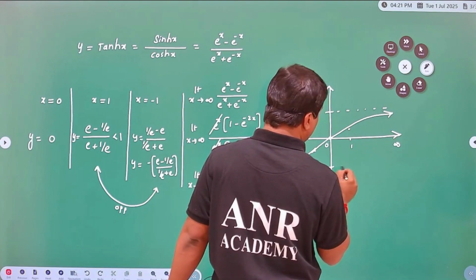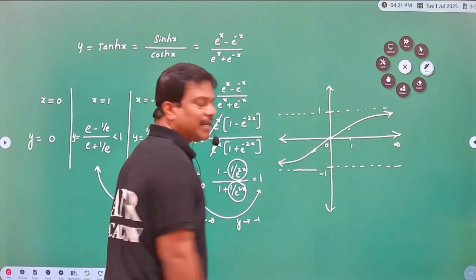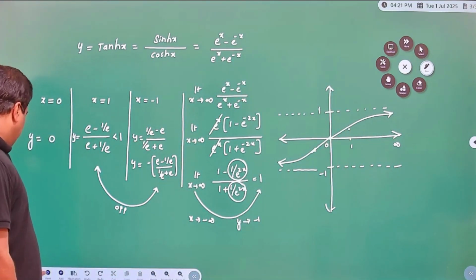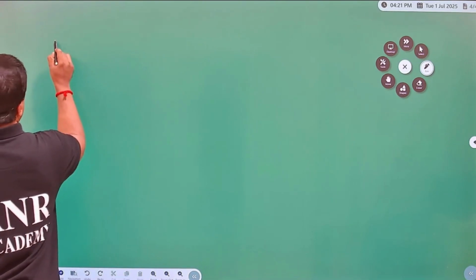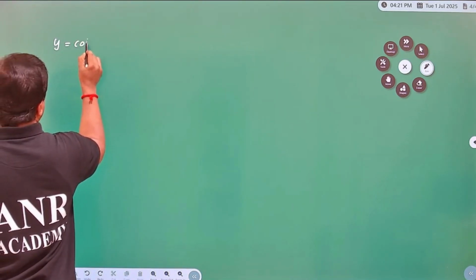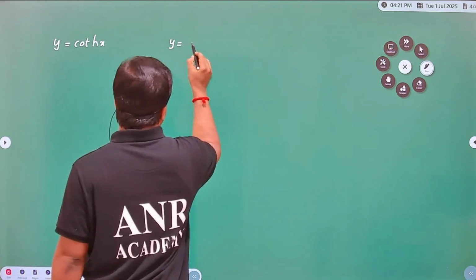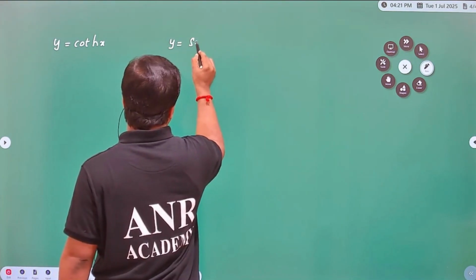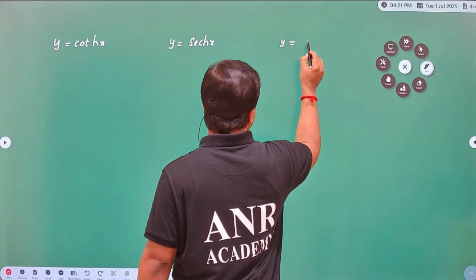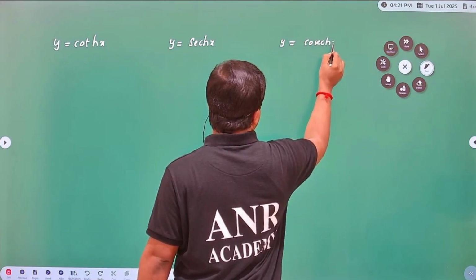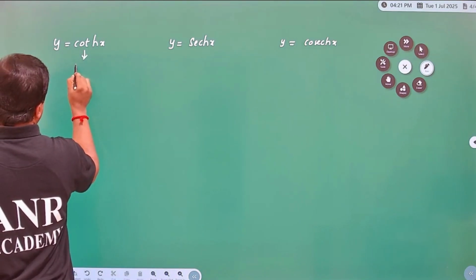It is defined for all real values of x, and the range of the function is only in the interval minus 1 to 1, remember. Next, you have to draw the graphs of cot hx, and then the graph of secant hx, and then the graph of y equal to cosecant hx. You know that it is clearly reciprocal of tan hx,